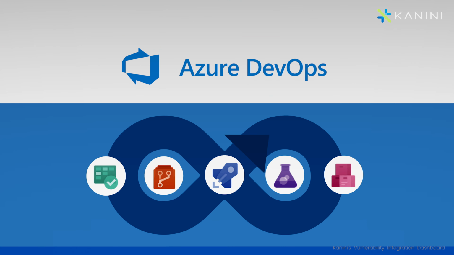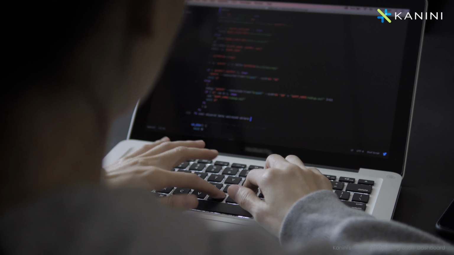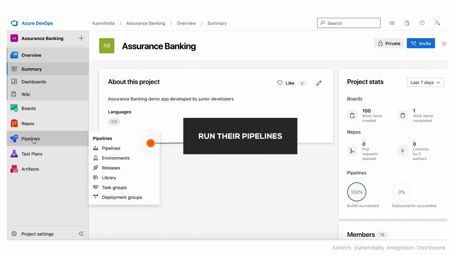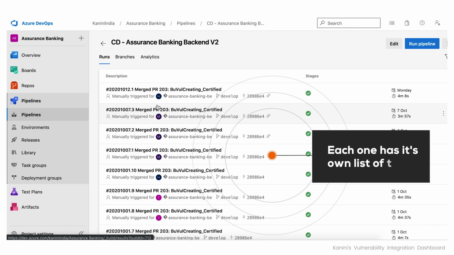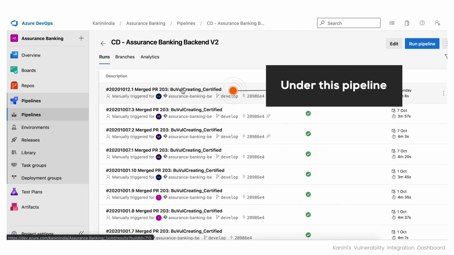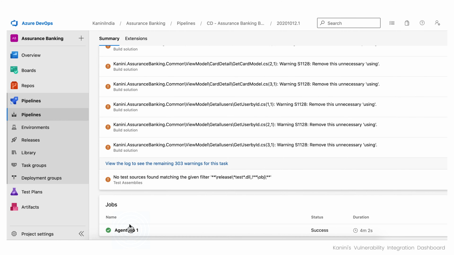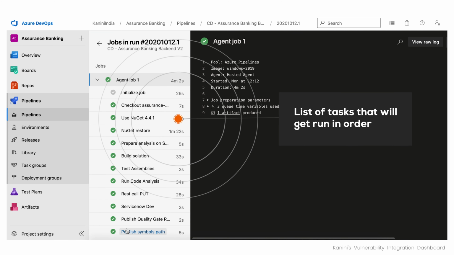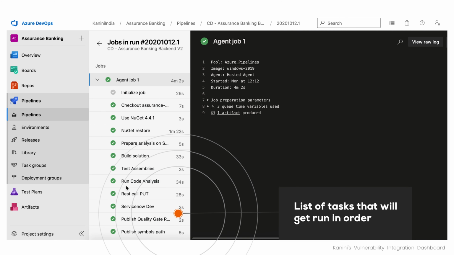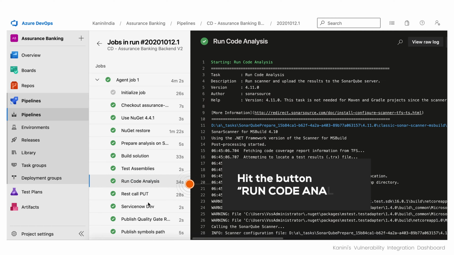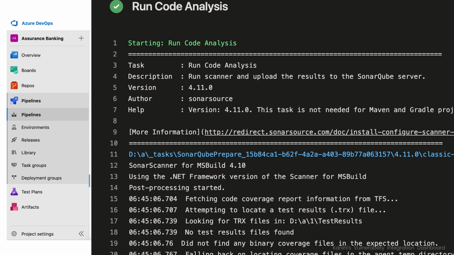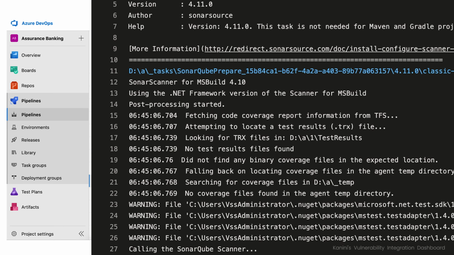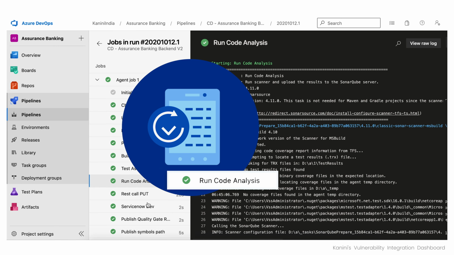For any project on Azure DevOps, developers will have to code and run their pipelines. Once the pipeline is executed, each one has its own list of tasks. Under this pipeline, you can see the list of tasks that will get run in order. Once you see them, you could hit the button Run Code Analysis to trigger SonarQube. SonarQube will run code analysis for any changes applied to the code base. Once this task is executed,